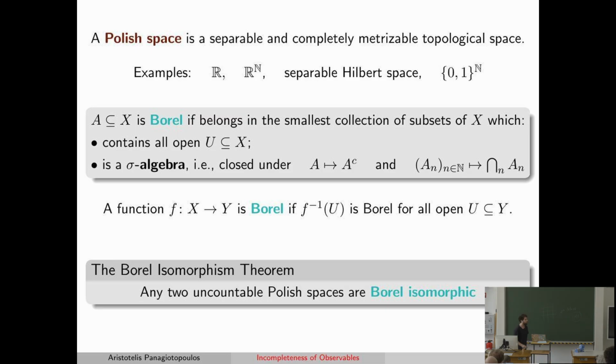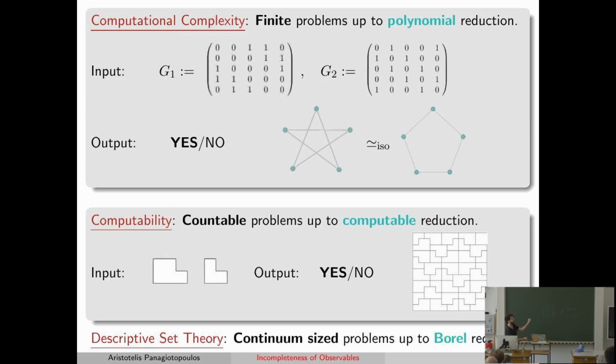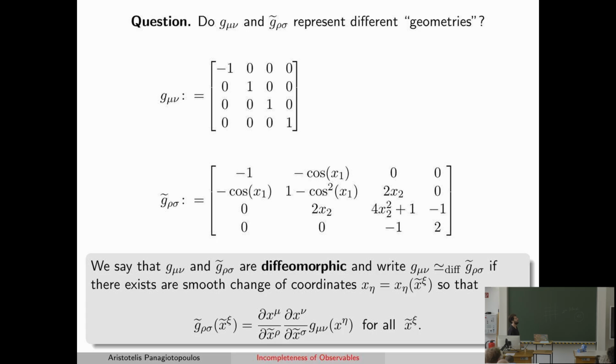All right. So let me go to the previous slide and point out, I said that descriptive set theory cares about continuum-sized problems up to Borel reduction. So what are these continuum-sized problems that look a little bit like that or like that? Well,